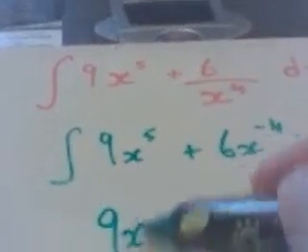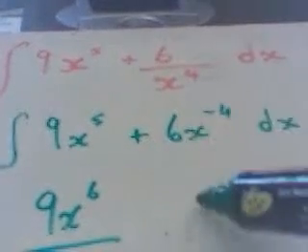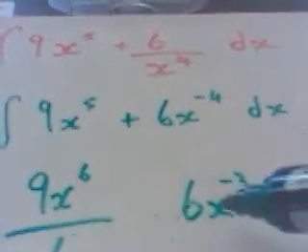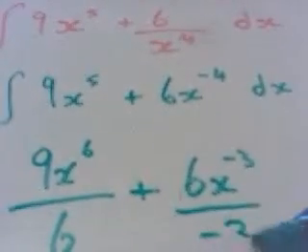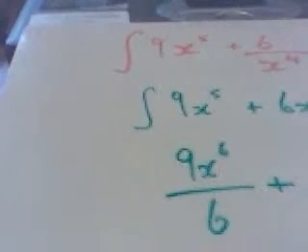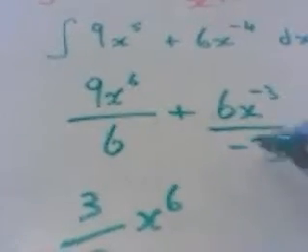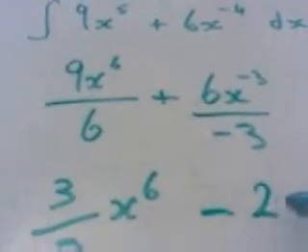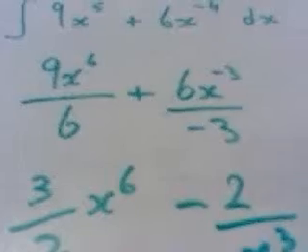So 9x to the power 6, don't forget to divide by the new power. This one, 6x to the negative 3, don't forget to divide by the new power, which in this case is negative 3. So that now gives me 3 over 2, that's what 9/6 is when you cancel it down, x to the 6. Positive divided by a negative is going to give me negative 6 over 3 is 2, and we're going to put the x to the negative 3 back onto the bottom again as just x cubed,